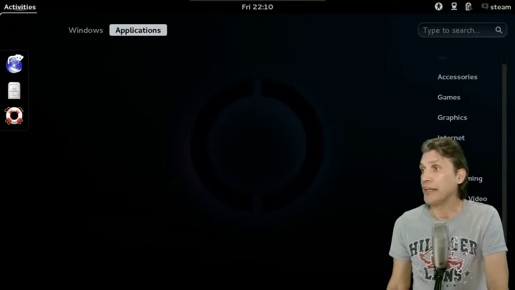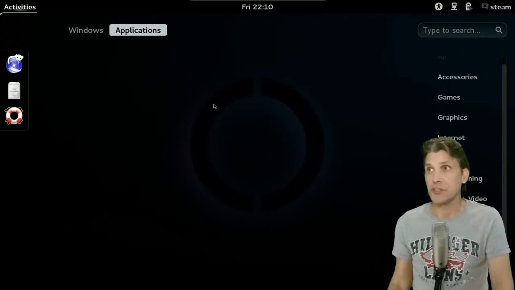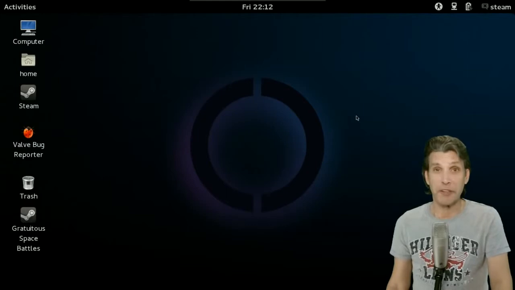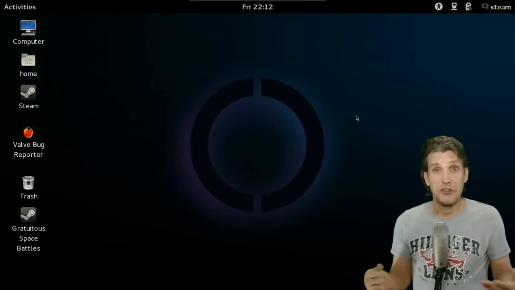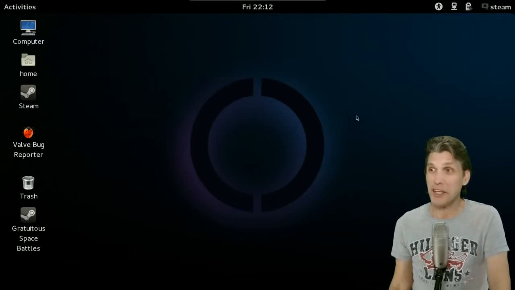No universal access, and nothing really in other. So really not a whole lot of applications in this, but the nice thing about this is you can build on top of this and add a lot more things. But we're not really here to look at the SteamOS as a desktop, really, so let's have a look at